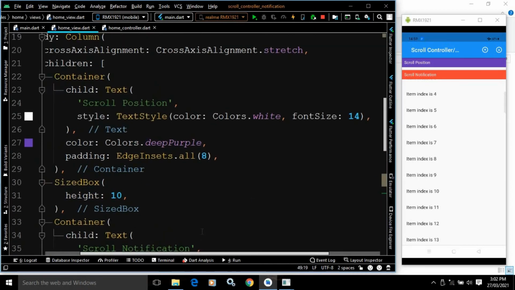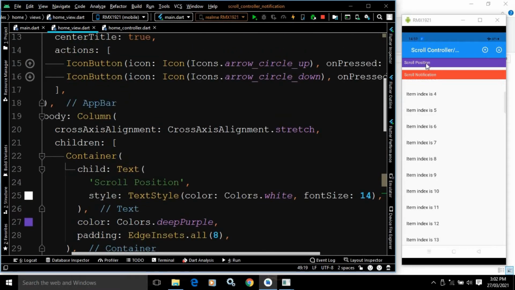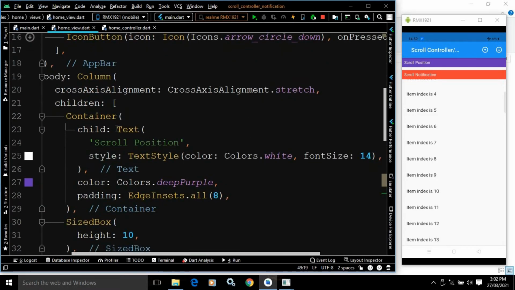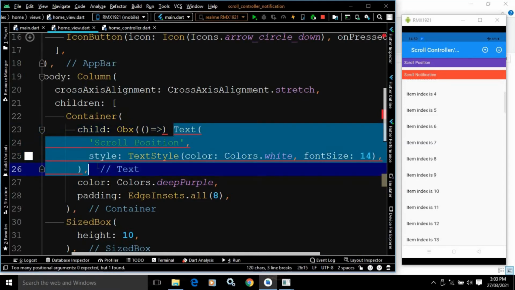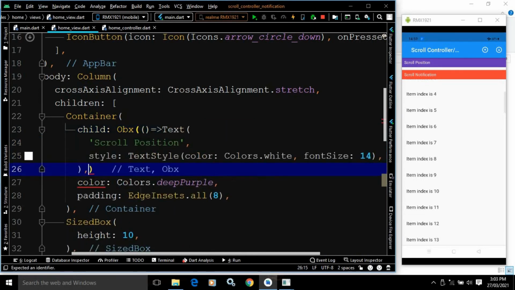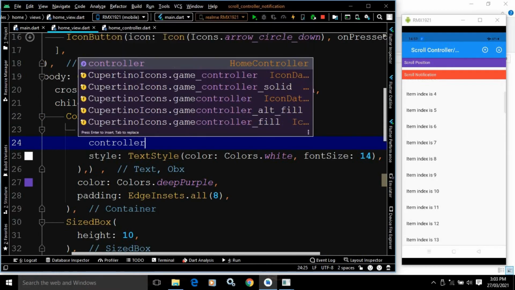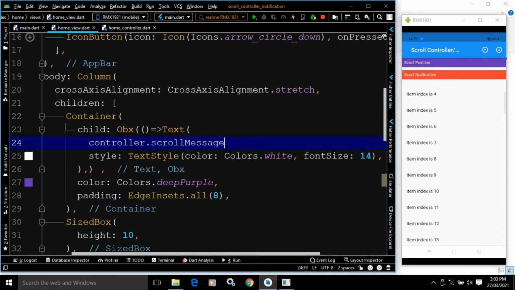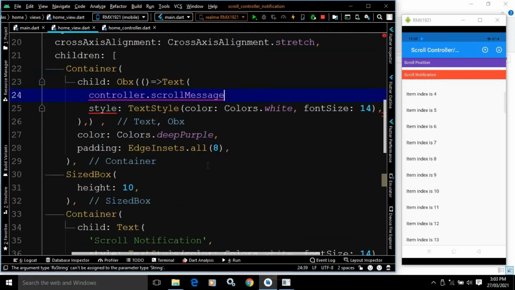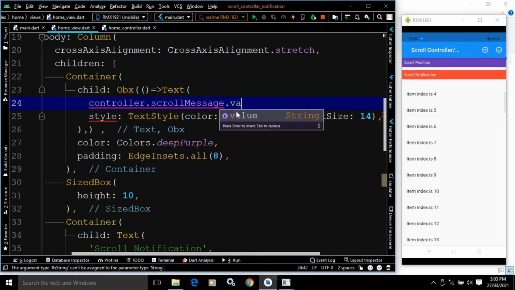Okay, now let me move to the home view part. In the home view part what I will do, for the first container, that is scroll position, here I will use the OBX widget. Okay, OBX, and inside this OBX widget I will wrap this text widget. Right, let me paste it here. And here instead of scroll position, here I will write controller dot scroll message dot value actually.